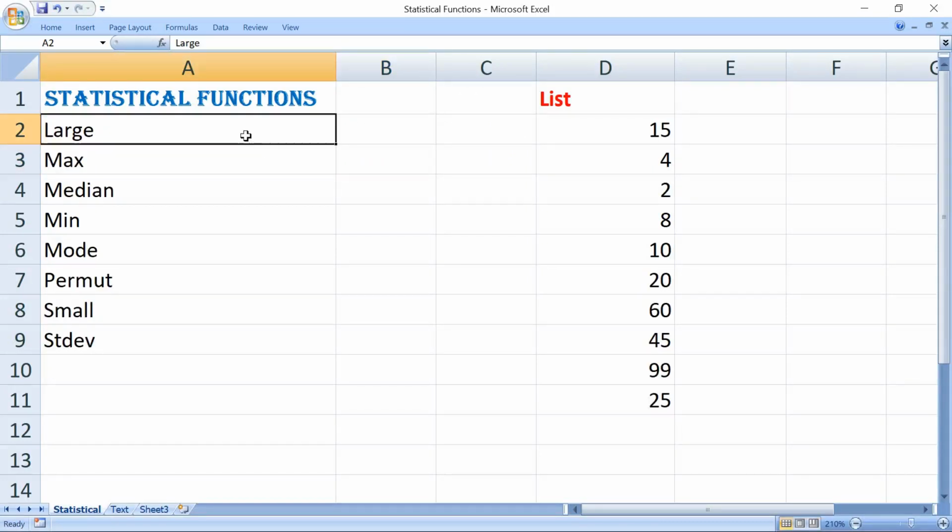Next function is LARGE function. Large function returns the nth largest value from the range or from the list or maybe from the set of numbers. Let's see the function.